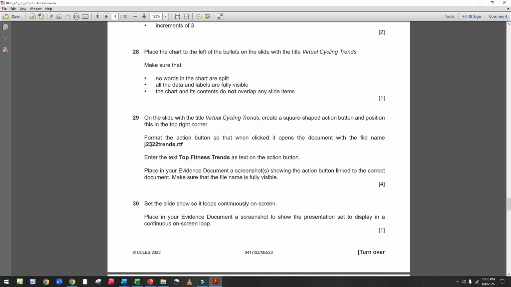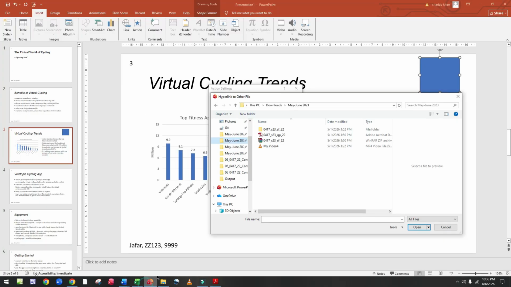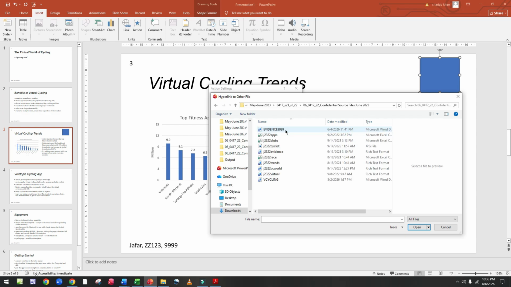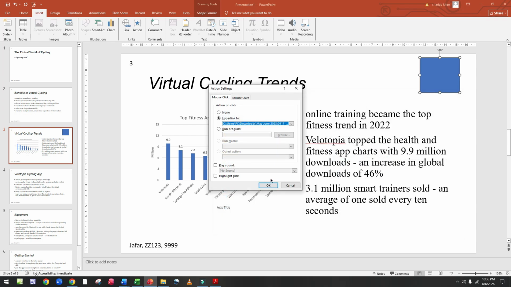Then format the action button so that when clicked it opens the document with the file name trends.rtf. Now we go to find the trends.rtf file. Here is the trends.rtf file.